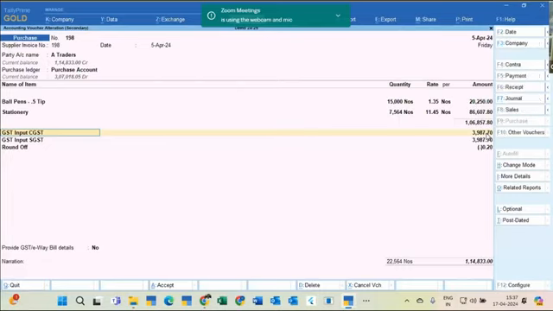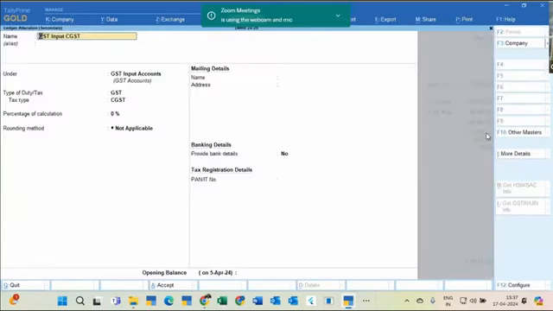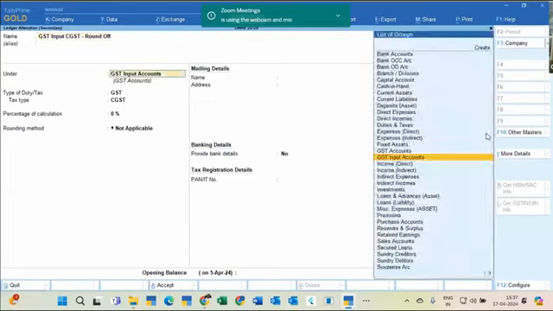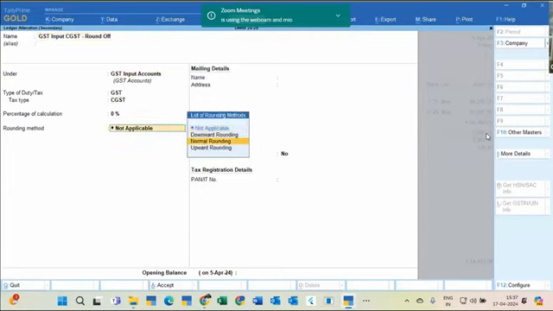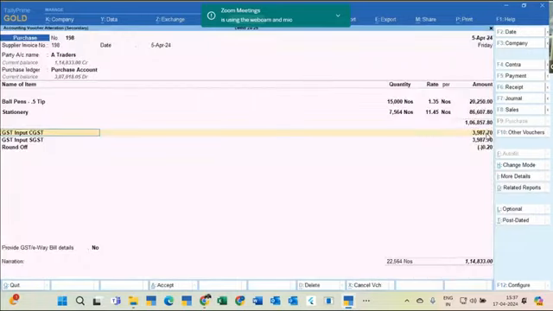If they are going to create like this, I can create 2 GST input ledgers, rounded off and normal, and accordingly I can pick up the ledgers. I can just say GST rounded off and another GST account which is not rounded off. Here I can say normal rounding, upward rounding, and so on and so forth. Or I can change it manually. It will say